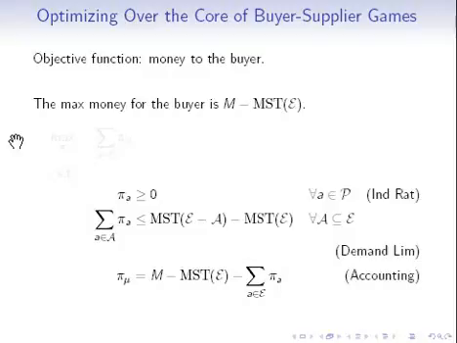But we're interested in the difference between the maximum amount of money that the buyer can get and the minimum amount of money that the buyer can get. So let's figure out what's the minimum amount of money that the buyer can get from this purchasing transaction. In other words, we're going to try to maximize this quantity right here. Okay, so now we have our optimization problem that solves the focus point price for this particular minimum spanning tree buyer-supplier game. So as you can see, what I have on this slide here is a linear program, but it's